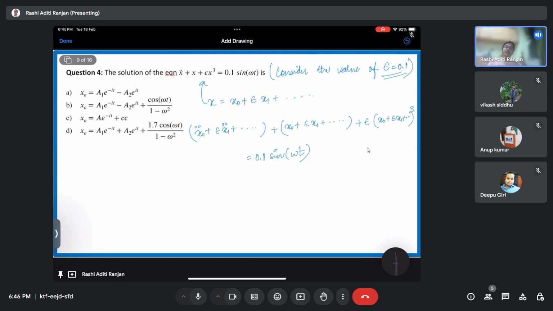So the coefficient of x cube is 0.1 and the coefficient of sine of omega t is also 0.1, which is nothing but equal to epsilon itself. So I can write it as epsilon sine of omega t. So I can just replace